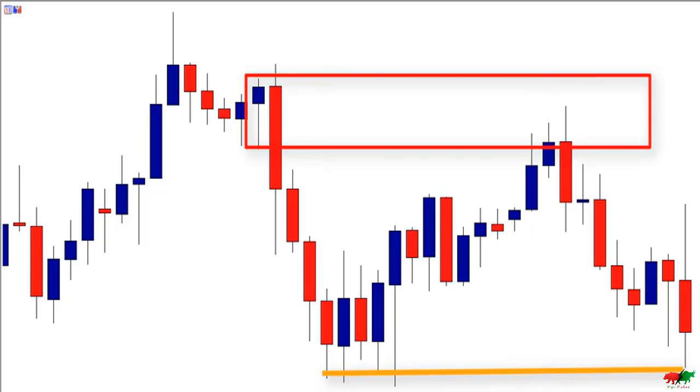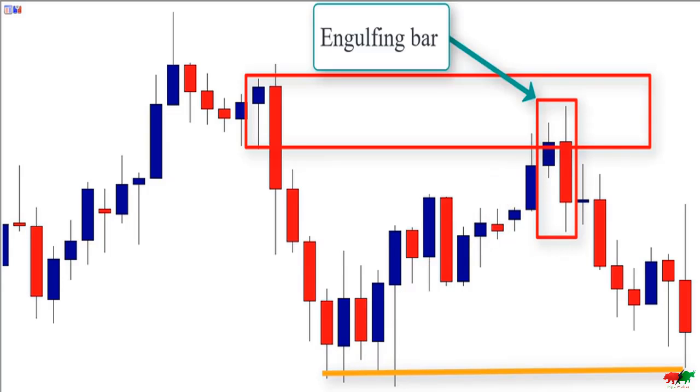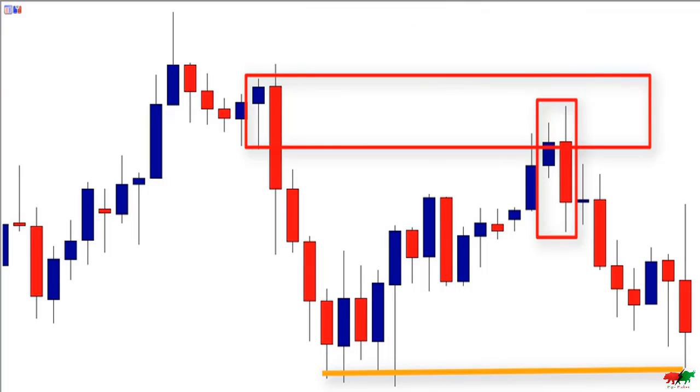So when the market retraced back to test the zone, we had a nice engulfing bar candlestick pattern. But there is a problem. This candle is big, and if we enter at the close of the engulfing bar and we place our stop loss above the supply zone, we will not have a good risk to reward ratio. So the only way to keep a good risk to reward ratio is to enter at the 50% of the candle's range. If you entered at the 50% of the candle's range, you will join the market